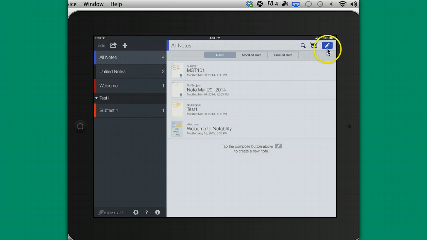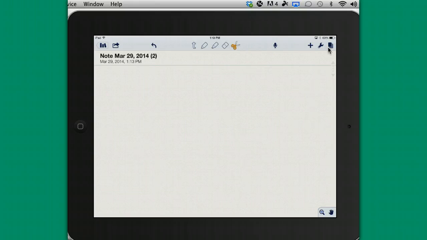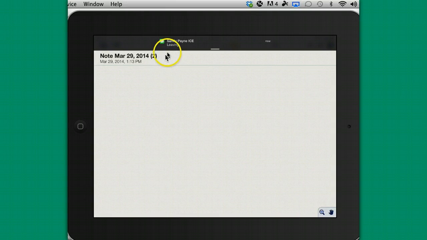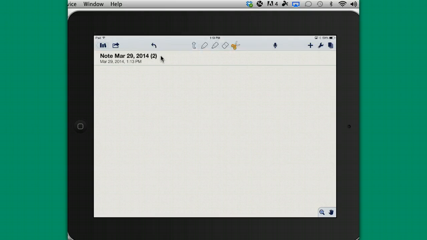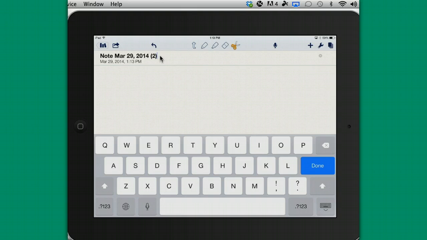So let's get to creating a note. I'm going to come over here to the right corner, and I'm going to tap on the pencil tool. Now, one of the first things that I want to point out to you is that this particular note always defaults to the note and the date of when you are creating the note. So what you need to do is tap behind it and backspace over it